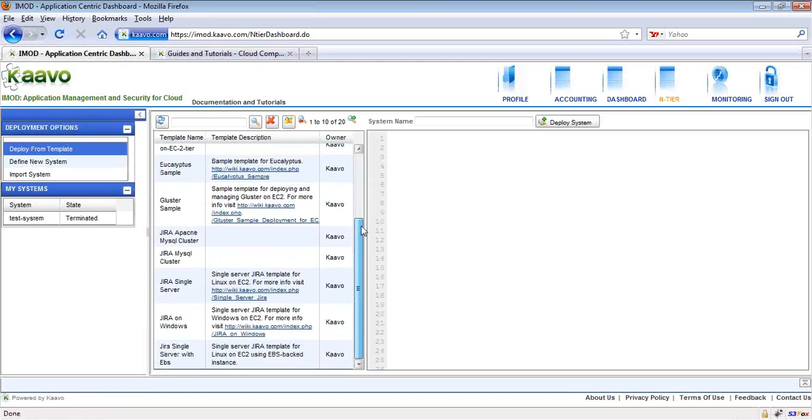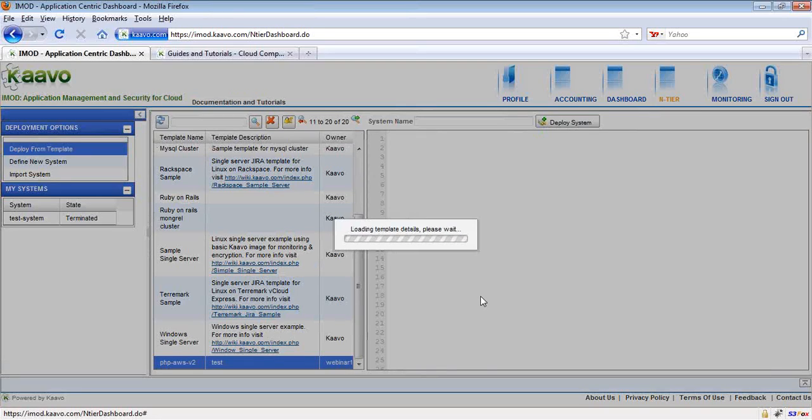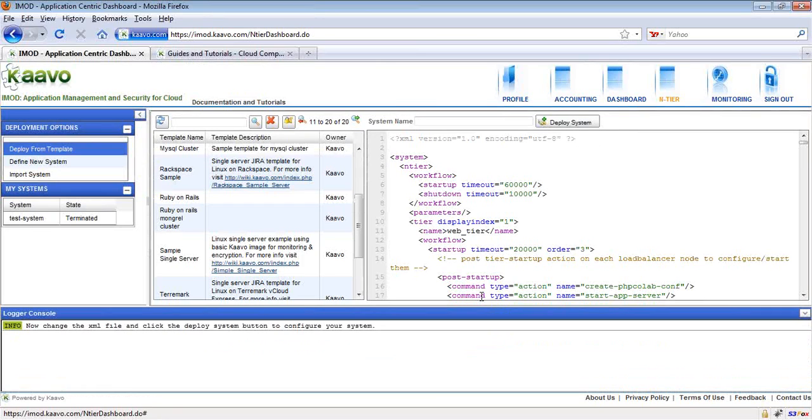You can see I logged in as webinar 2, though explicitly permission has not been allowed to webinar 2, still there are 20 templates, and this template is appearing in the list of templates accessible to webinar 2.